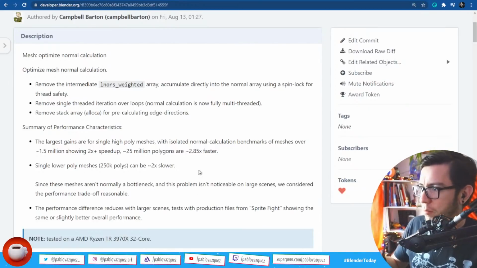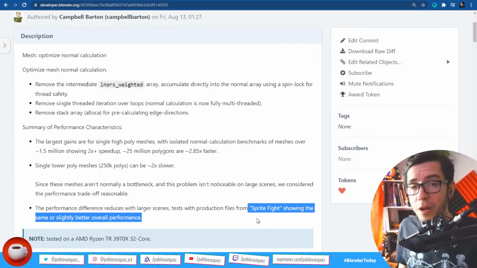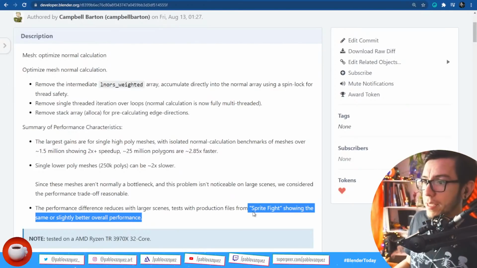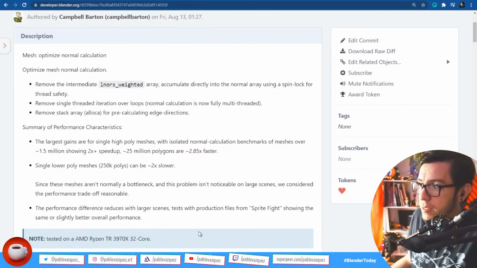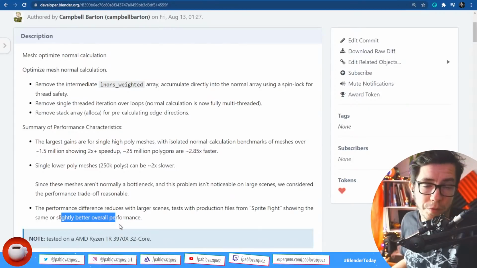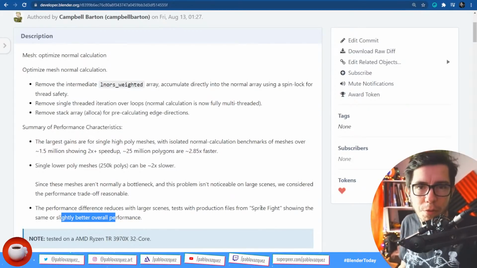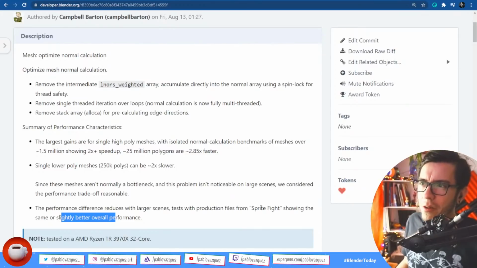The tests were done with super high poly meshes, and also with files from Sprite Fright, the current open movie project at the Blender Studio. It's showing that it's usually the same or even better performance. Usually the objects in the open movie projects are rarely that high in polygons. Usually they are very optimized.